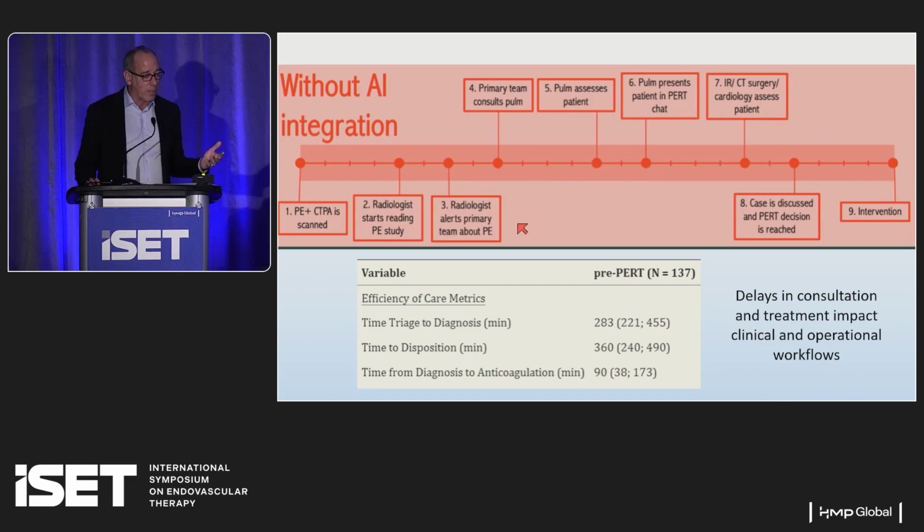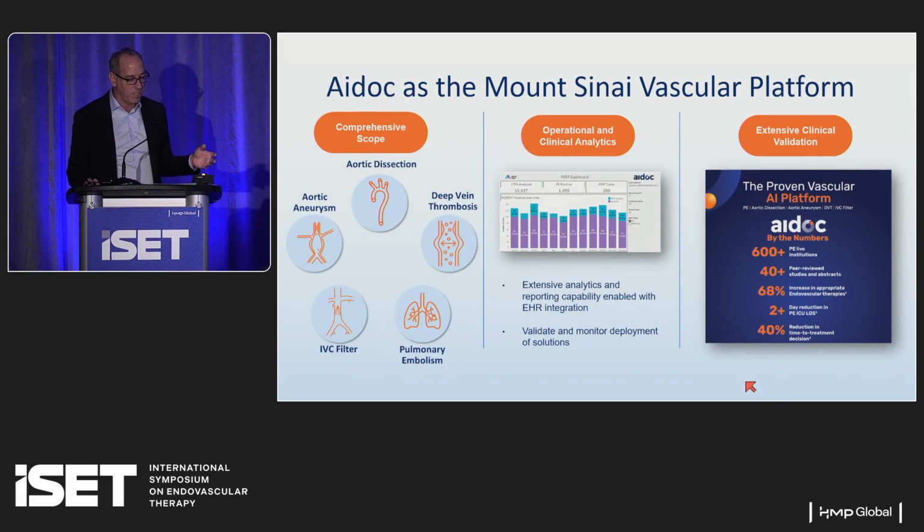From a historical perspective, when we looked at this before we turned on this app, this was the stepwise process. The CAT scan would come up, the radiologist would read it, the radiologist would call the ED, who would hem and haw about what to do. Maybe they'd call the pulmonologist, maybe the cardiologist, maybe an interventional radiologist: consults, phone calls, emails, texts, on and on, and then eventually, something on the order of 4 to 5 hours later, possibly even 6 hours later, we would make a decision about whether or not an intervention was needed.